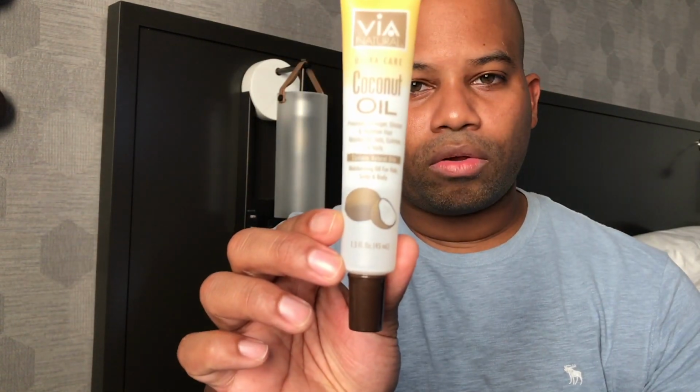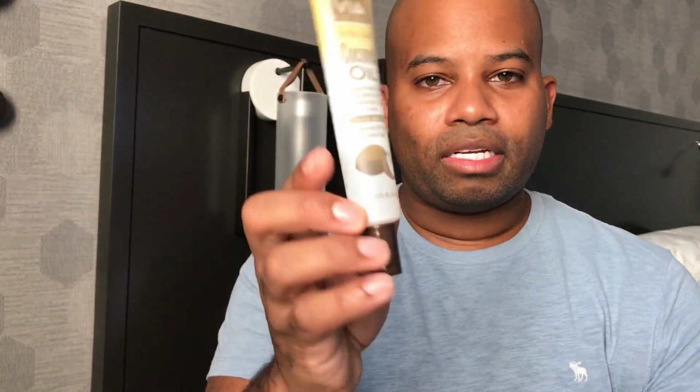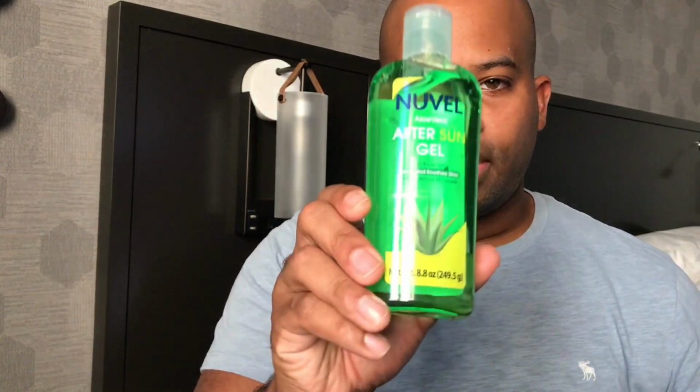Out of the shower, it's time to start putting the moisture back into my skin. Like I said, I don't use a cream-based product. I only use oil-based and things that will dry and not leave my skin sticky or tacky at any point. I use this coconut oil. As you can see, I'm probably about out of it, but it doesn't take very much to use, about a pea-sized shape. I will put that on, and then my final step is